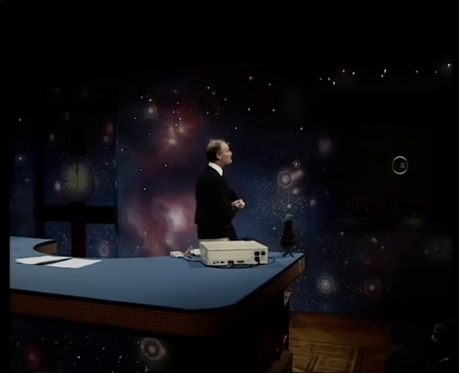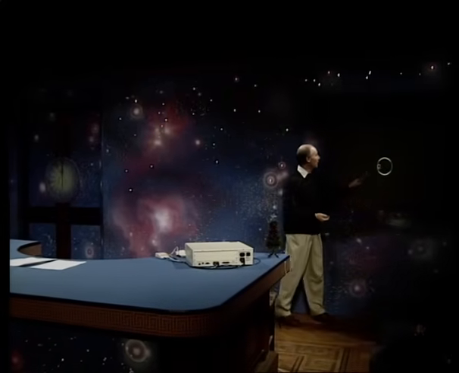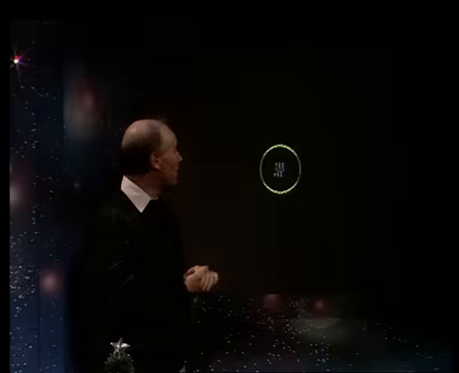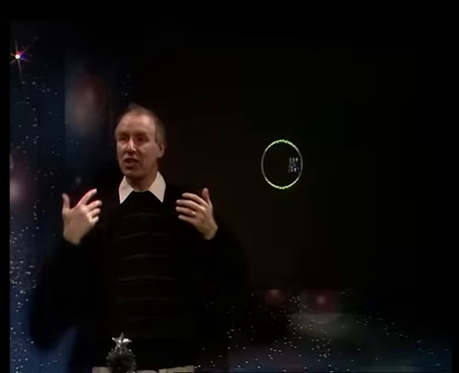But I want to demonstrate exactly that in a slightly different way. We've made another little computer program where we've got a little wave here bouncing back and forward in a sphere. And you'll notice it's got a rather short wavelength. Now, what happens in the expanding universe is that the wavelength begins to stretch as the universe expands. So I'll just set this program going to make the universe expand, and watch what happens to the wavelength of the radiation. Here we go.